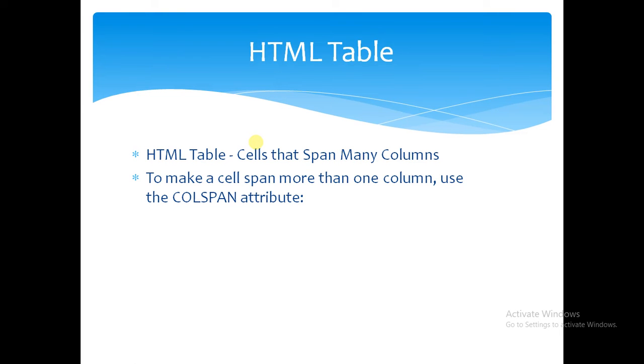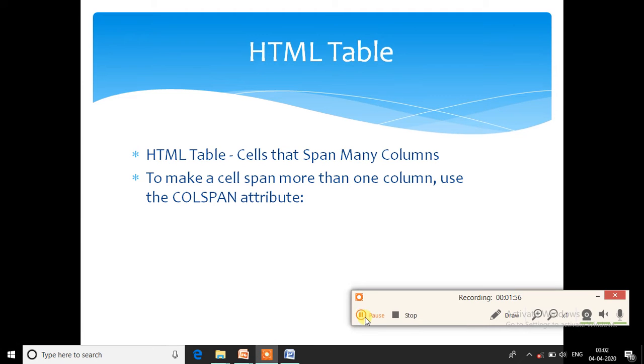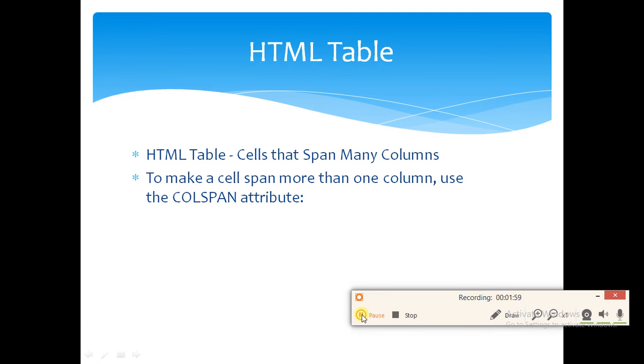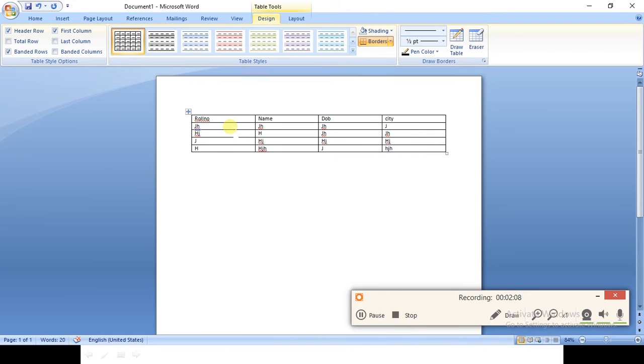And in tables we use two important terms in HTML to span rows and columns. Suppose that rows and columns. So if we need to span rows and columns, here is colspan. Colspan means that we span two or more columns together.